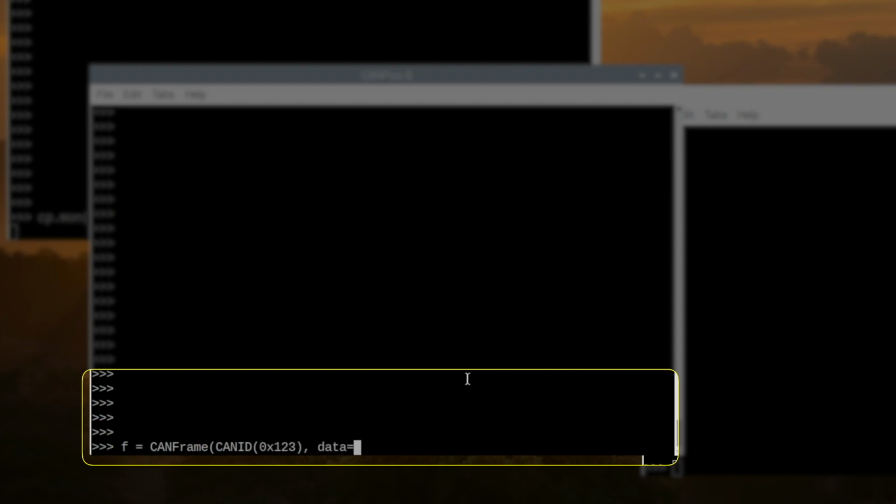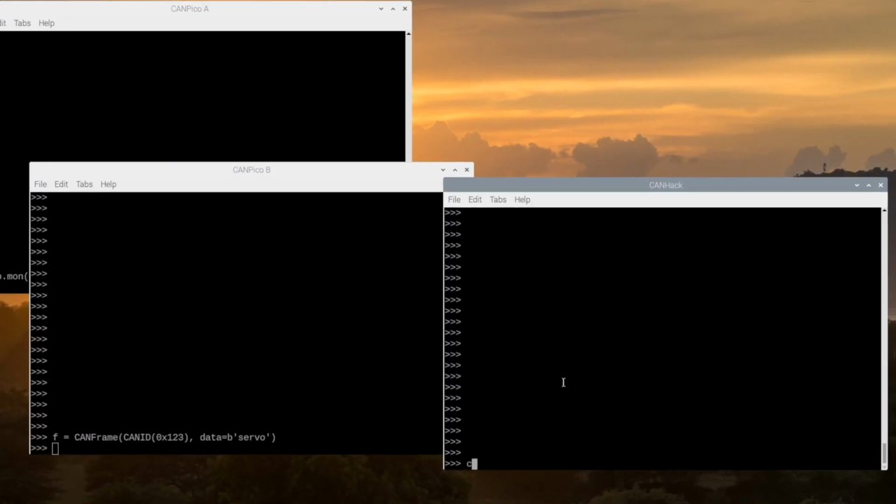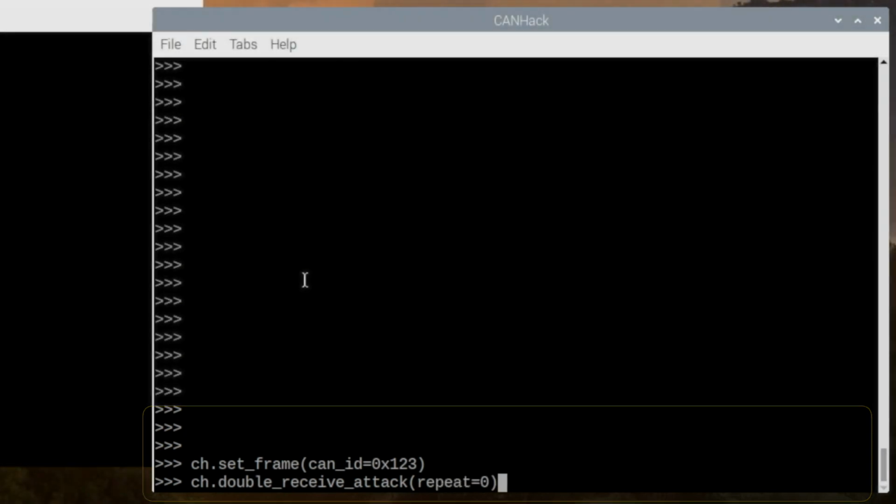Now let's pretend this is a servo command of some kind. So we will attack that frame, and we will mount the attack, and tell it we want just one extra frame.